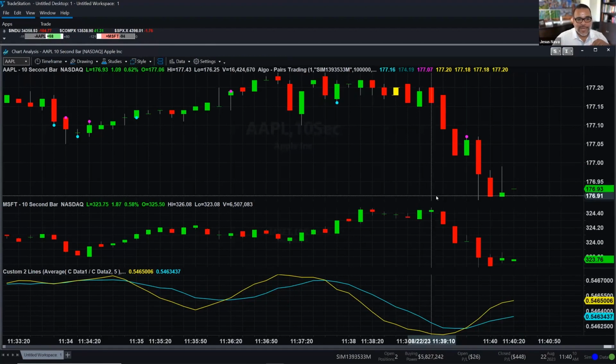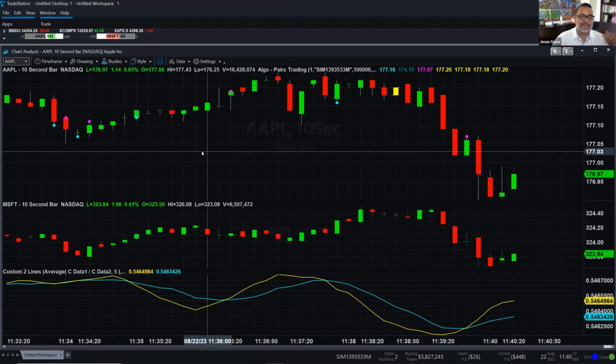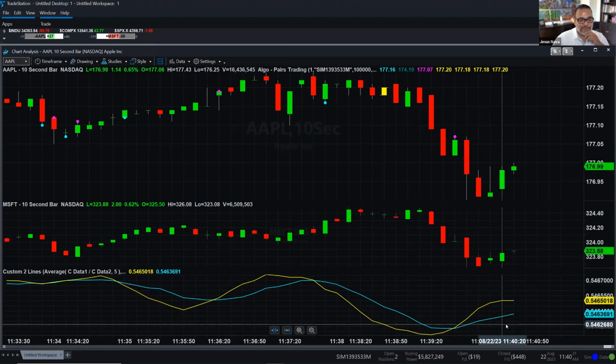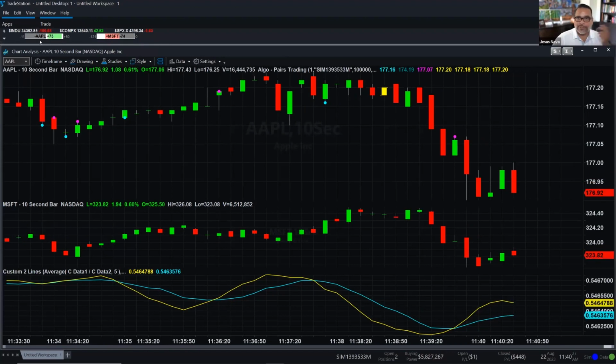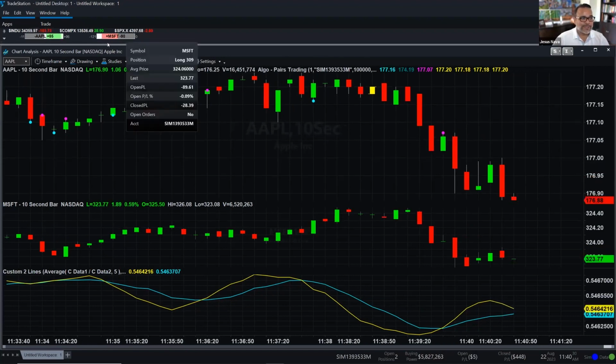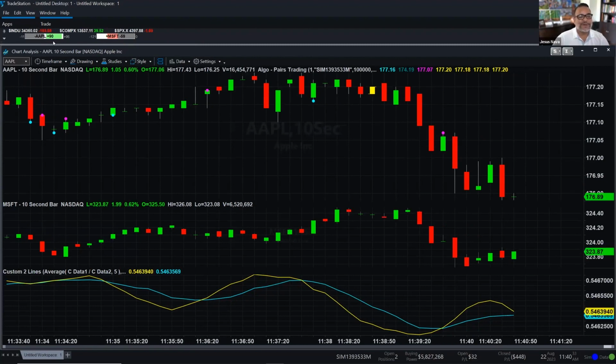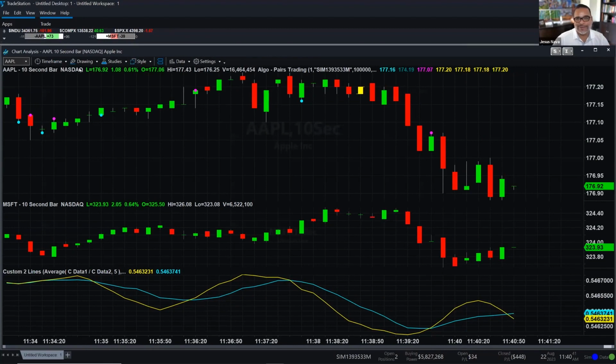So the indicator is designed, yes, to trade both securities. It is not submitting them as a spread, but it's generating two executions on the two symbols on your chart. So again, when we have the next crossover, it's going to invert my positions. Right now, I'm short Apple and I'm long Microsoft. We can see how the two symbols here are correlated because one is losing and the other is winning. So they're moving in the same direction. And that's why I have a losing position and a winning position. But if you find the right symbols to trade where you can capitalize on certain calculations of both symbols, that